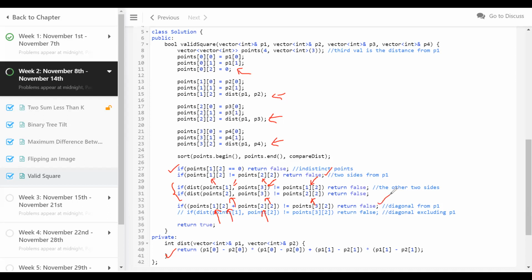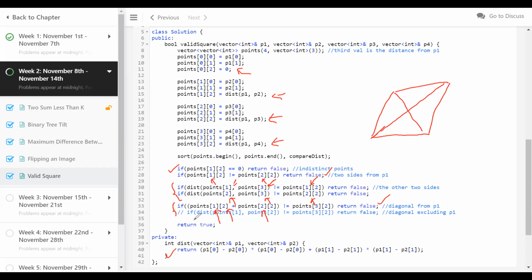Why do we need this condition in line number 33? Because we can have a rhombus. A rhombus is more like a diamond shape where all four sides are the same, but the diagonals are not the same. One of them is lesser than the actual expected diagonal length, and one of them is going to be more than that, right? So that's why I thought of making sure both the diagonals are of the length which is expected, but we don't have to make sure both of them, just one is good enough, right? If one of them is not proper, then the other one is also going to be not proper. So that's all that is necessary, right? We don't need any other idea.